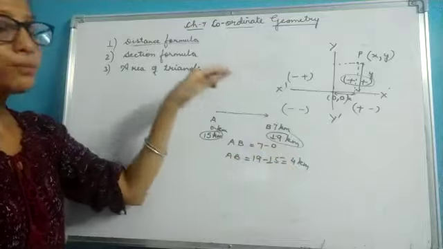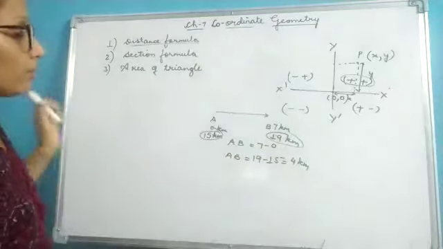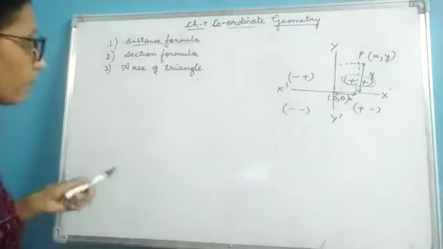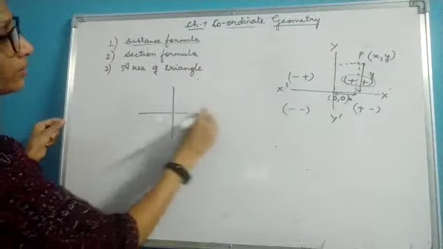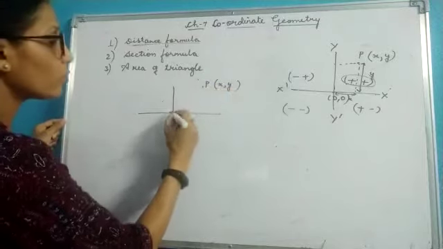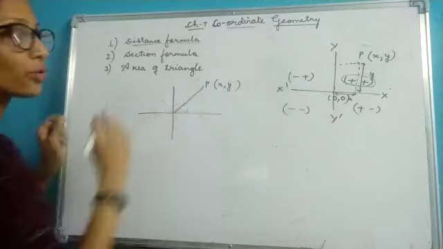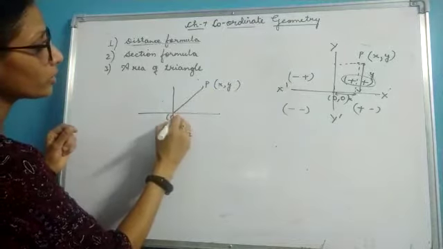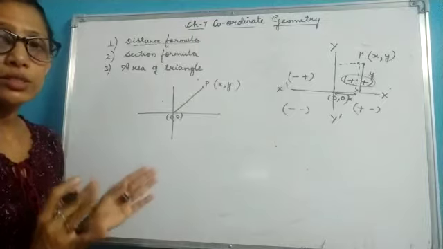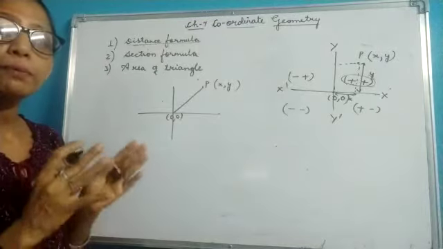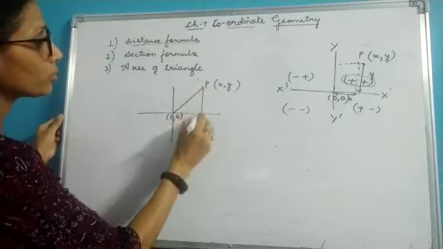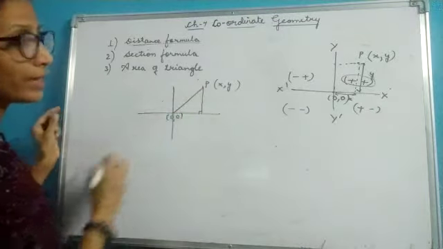The same concept I will be applying over here, but see how we are going to do it. Let's take a point first of all, P. Say this is x comma y, and if I want to find out the distance from the origin, your origin is 0 comma 0. So I told you whenever you want to find out the distance, you have to draw the perpendicular distance from x and y axis. So let's suppose this is your perpendicular which you have dropped on x axis.